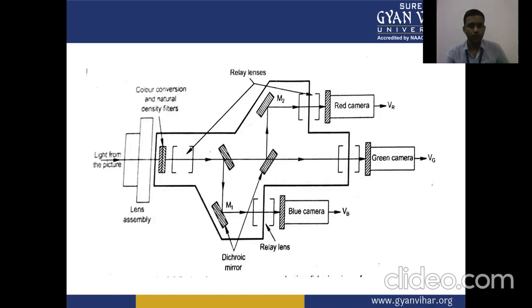So we have some relay lenses which produce the relay of the light, and M1, M2 are the dichroic mirrors. So we have the outputs of the relay lenses, that is the red camera, green camera, and blue camera. So three primary colors are developed at the output of the